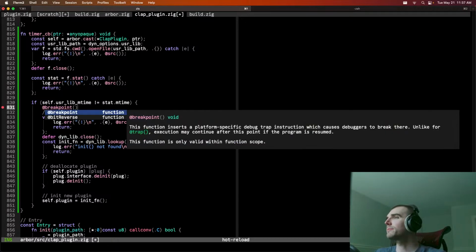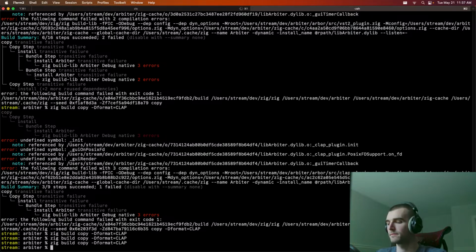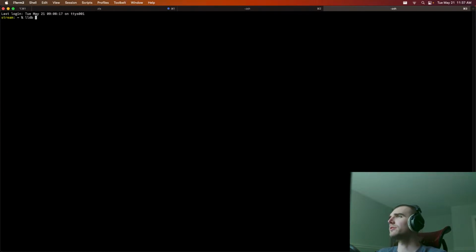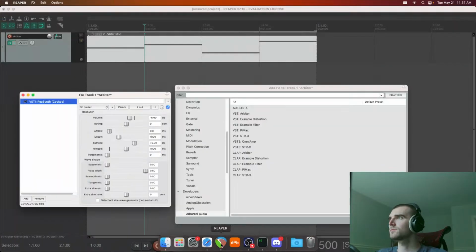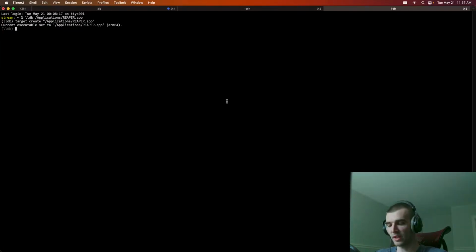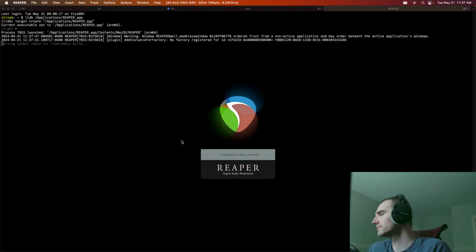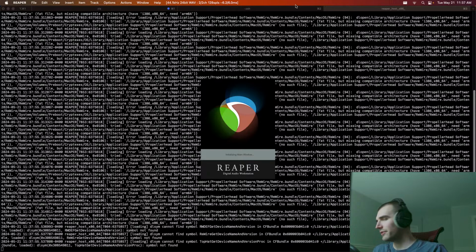Let's just stick a breakpoint in here, and we'll attach a debugger to Reaper. I'm gonna go ahead and just close Reaper for now. Let's make sure we've got a fresh session. I'm gonna have to fire up another